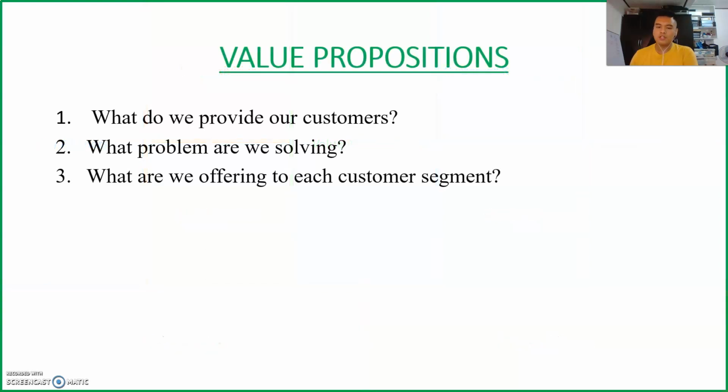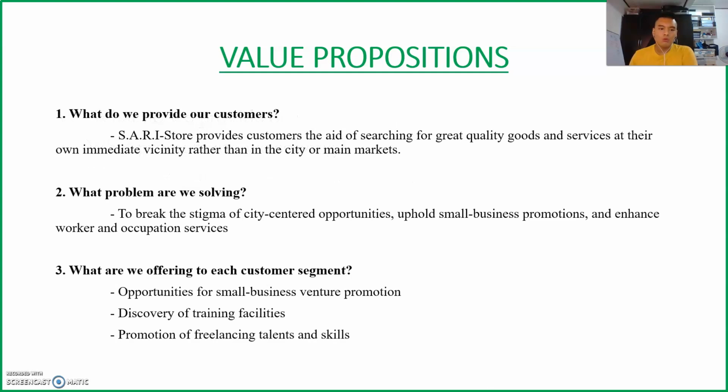So to start off, let's start with the value propositions. It answers the question on what do we provide our customers, what problems are we solving, and what are we offering to each customer segment. Well, Sari Store provides customers the aid of searching for great quality goods and services at their own immediate vicinity rather than in the city or main markets. And we are aiming to break the stigma of city-centered opportunities, uphold small business promotions, and enhance worker and occupation services. And we offer for the customers opportunities for small business venture promotion, discovery of training facilities, and promotion of